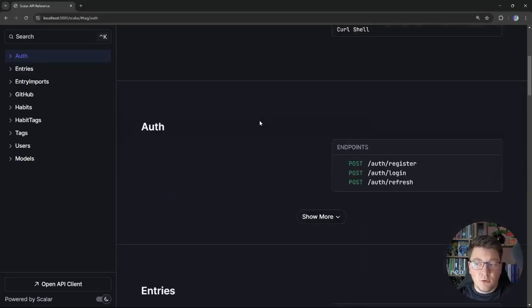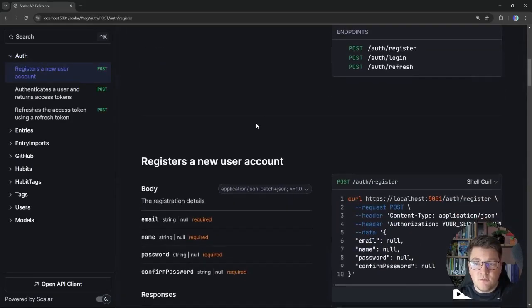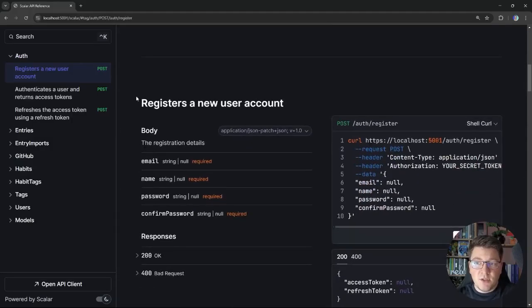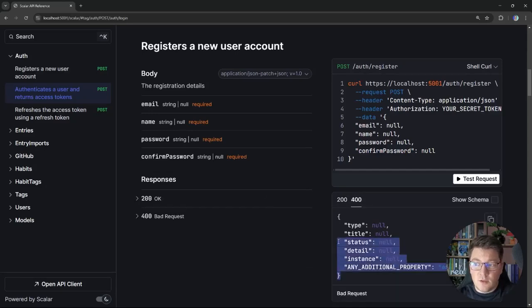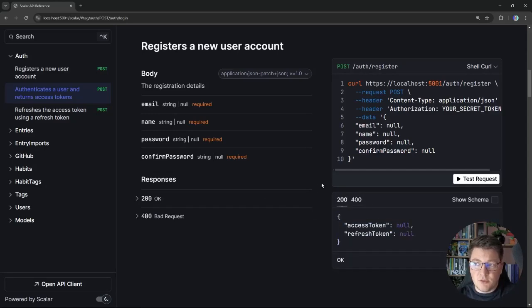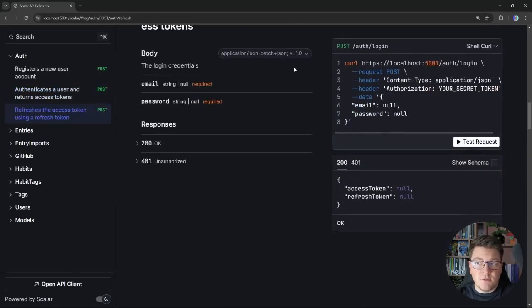And then if we keep scrolling, we can see the documentation for our API endpoints. So you can see that it's properly rendering the documentation from our XML comments. This is the endpoint summary and then the description. We can also see what to expect for the specific responses. If I had XML comments on the properties of this response, it would also be rendered here. You can see what to expect for different status codes,